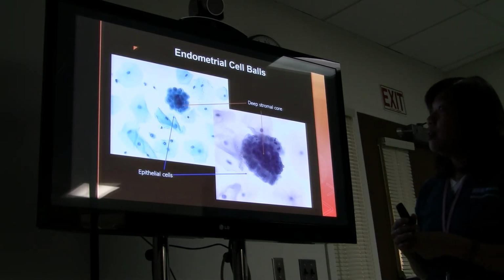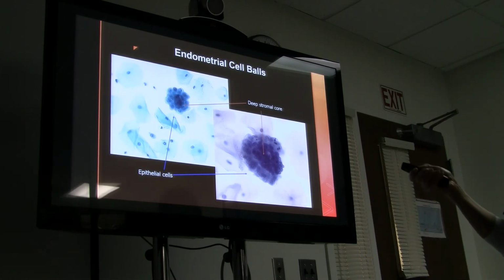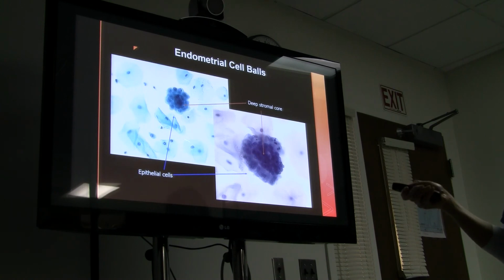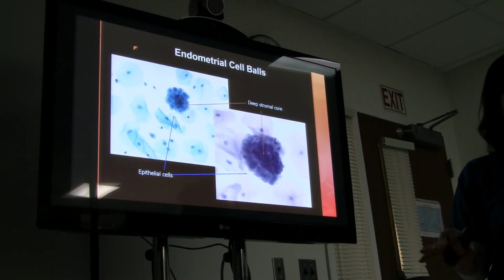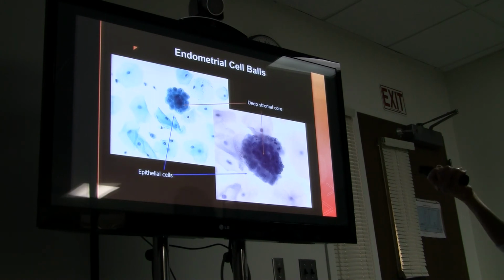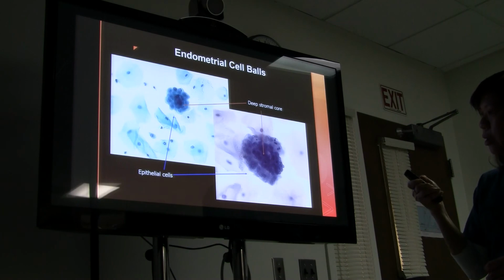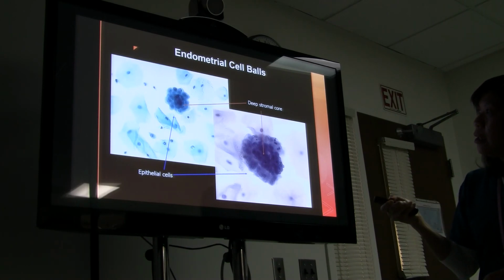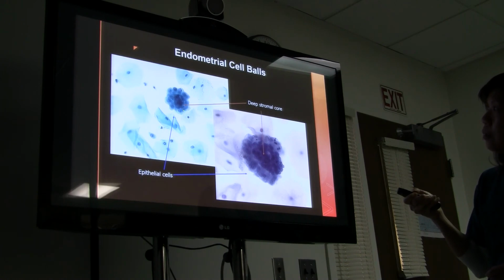Can you appreciate the roundness of the cell ball compared to the squamous cell that's kind of all flattened in the background, single? One look at this, you know, oh, these are endometrial cells. And if you look at the cells, here is a nucleus of an intermediate cell. If you look at the cells in the center,